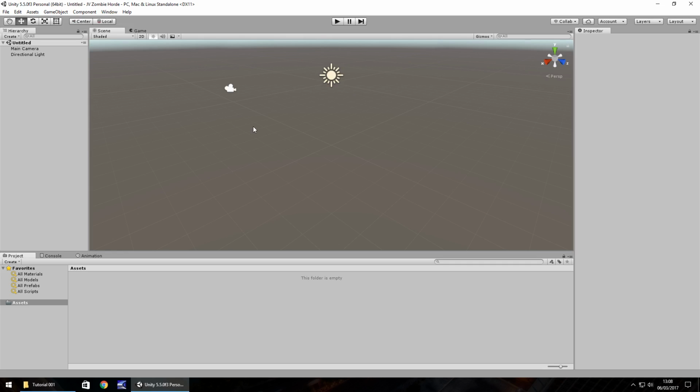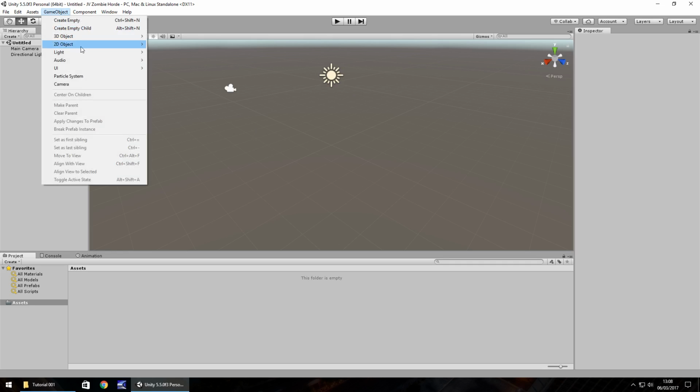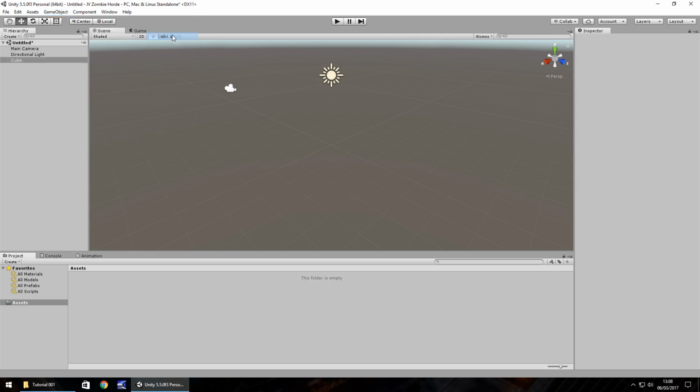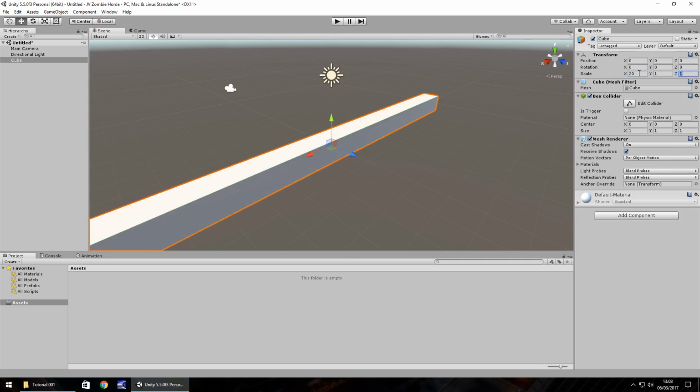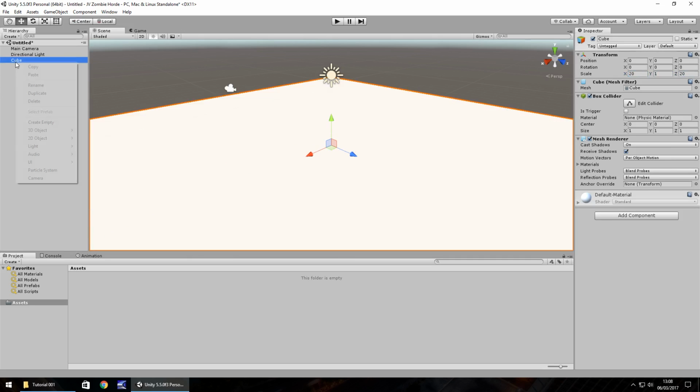So let's firstly create a nice simple room to begin with. We can do that obviously by going 3D object and a cube. So let's imagine this is the floor, so we need to expand it. So let's have 10, in fact 10's a bit small. Let's do 20 by 20. Right click, rename, have this as